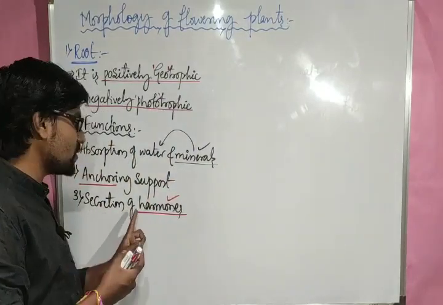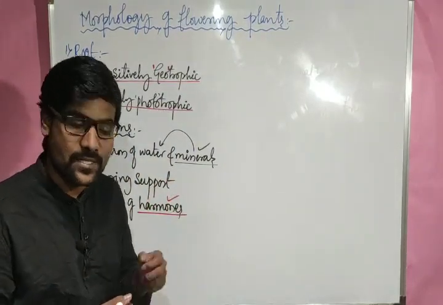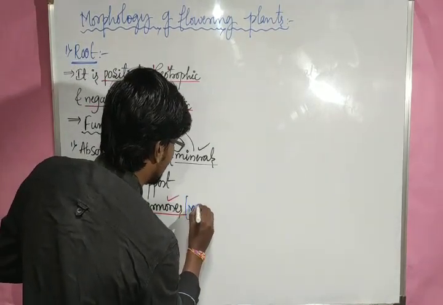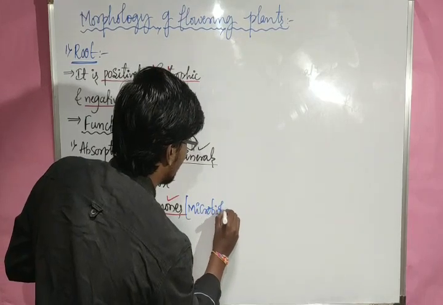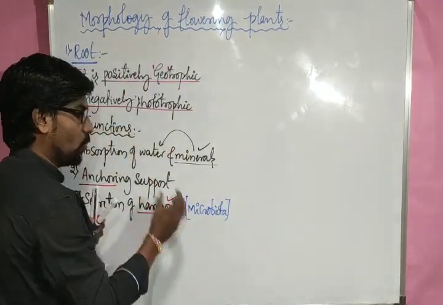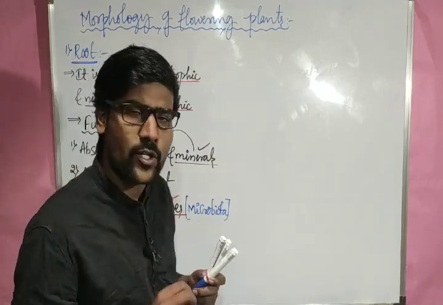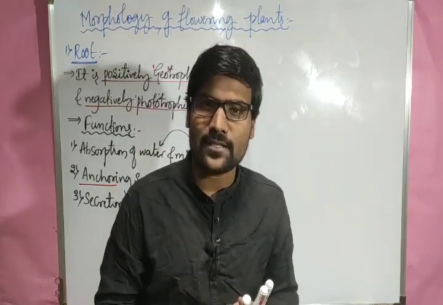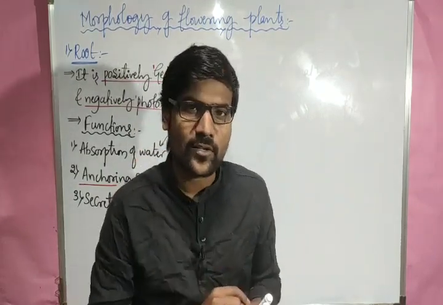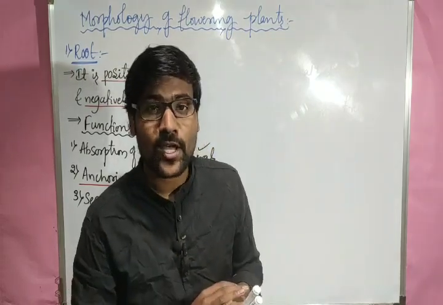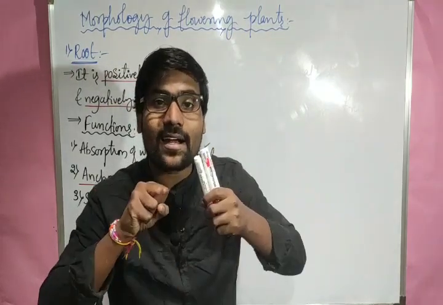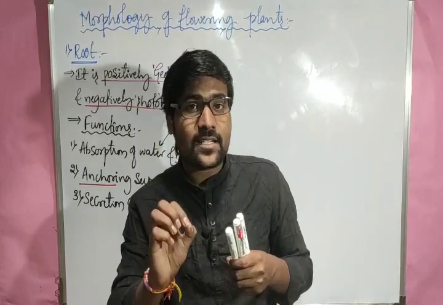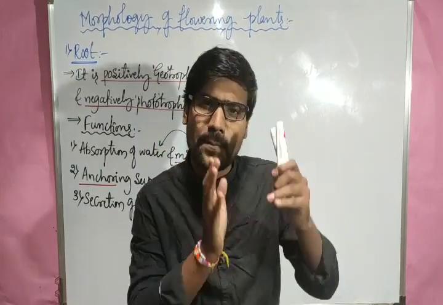So roots also sometimes produce hormones. For what purpose? It helps in the attraction of microbiota. So the root helps in the attraction of microbiota. As we already know, soil has lots and lots of microorganisms. Lots of microorganisms are present in the soil. Those microorganisms should be attracted by the plants, that means by its roots. That means plants need the help of microorganisms for some particular purposes.